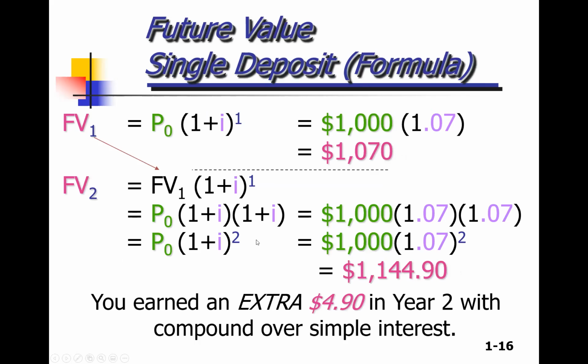But if you find out this value for 2 years, what will happen? FV for 2 years: present value into 1 plus I into 1 plus I. Instead of writing this 1 plus I into 1 plus I, we have a formula: P, present value, into 1 plus I raised to power n, and if we are calculating for 2 years, then we will use 2 here. So 1000 into 1.07 raised to power 2. The total value is